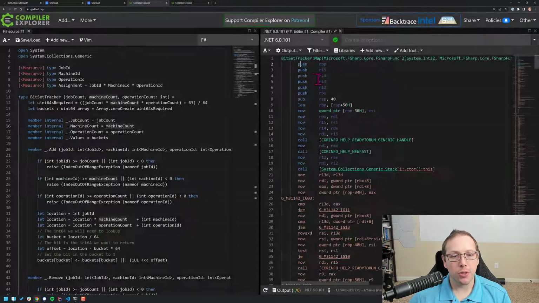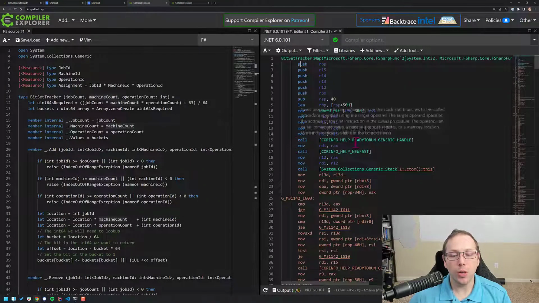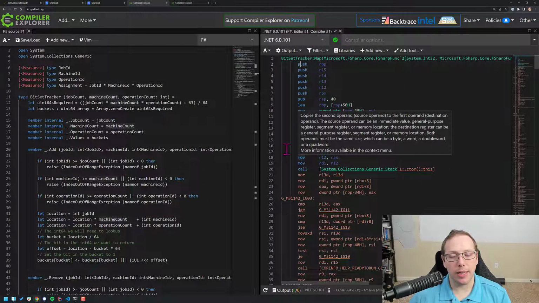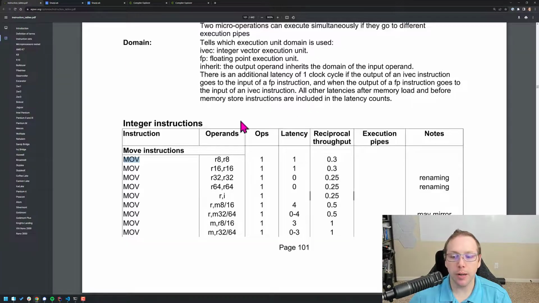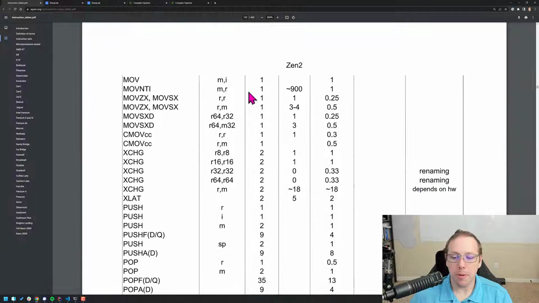So this is how I know which instructions I need to go look up the latency for and say, hey, how fast are those instructions? I'll provide links to these in the description so you can go and check these out yourself and explore. But what's important is